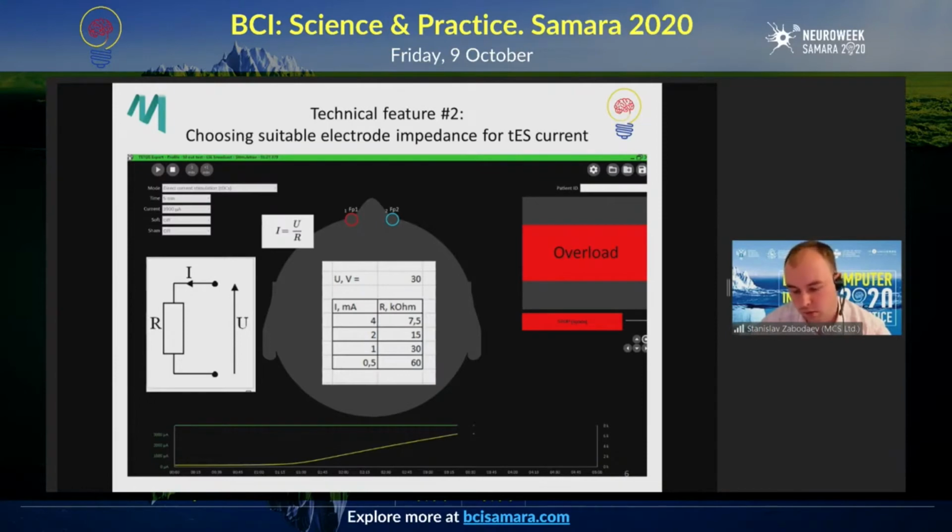It can maintain its shape in an easier manner. It doesn't dry up so quickly. Especially if you're talking about long-term stimulation, let's say 30-minute stimulation, the saline solution might dry up. Therefore, there will not be a tight contact between the electrode and the skin, which in turn will lead to a change in local current density. If a cotton sponge dries at its edges, it will not be very comfortable for